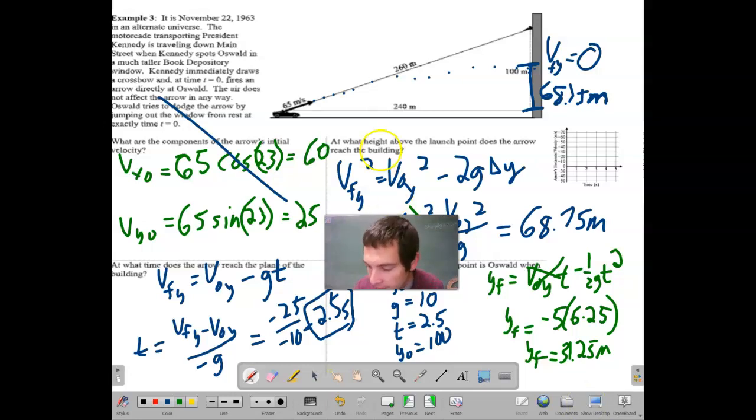That means from here to here is 31.25. So as he's going down,